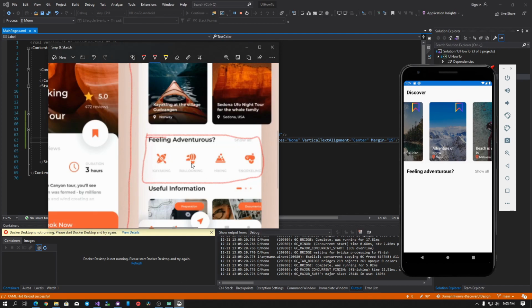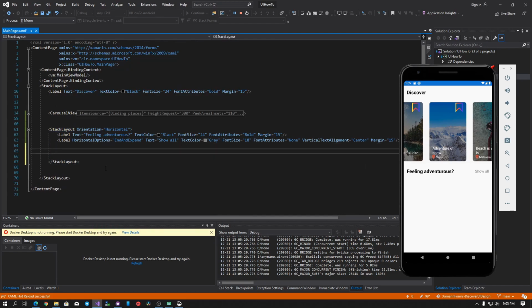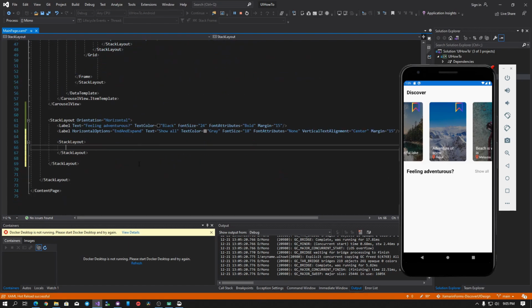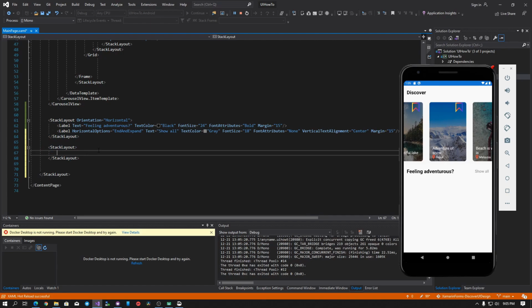And then we have multiple icons. I usually use a font option, but for now just use an image button. So let's see how we can use it. Same as before, I'm going to wrap it inside the stack layout, actually down here. Inside the stack layout, I'm going to wrap another stack layout with the orientation set to horizontal. And here, I'm going to make two things: an image button,